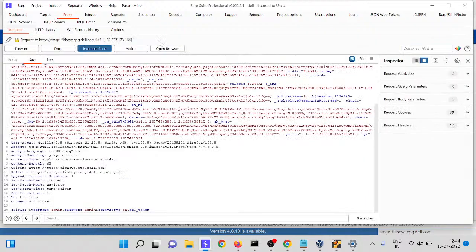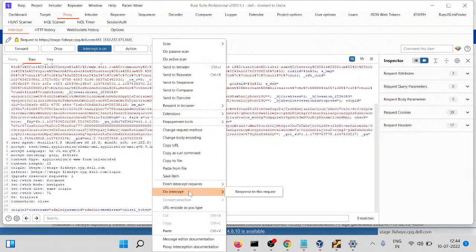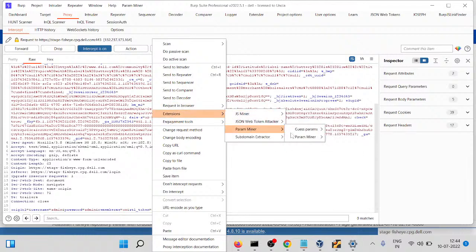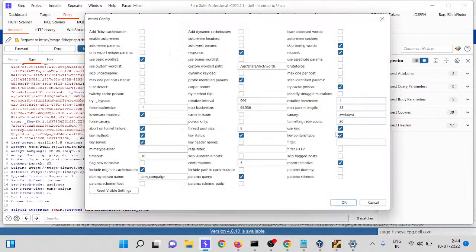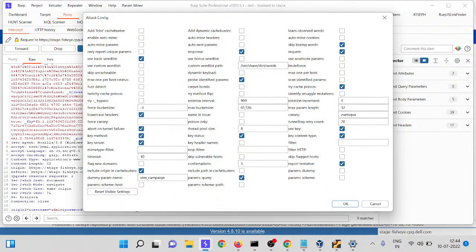And you can change the directory, whatever you want to use. For example, custom disk, but I am not using a custom directory, I am using the basic word list. If you want, you can use the directory path.